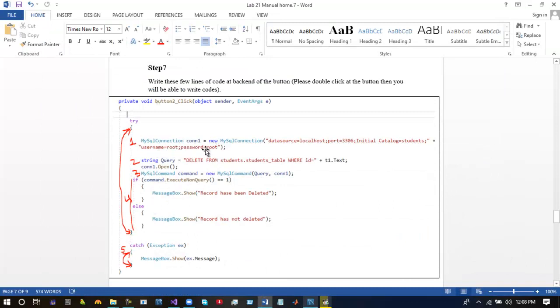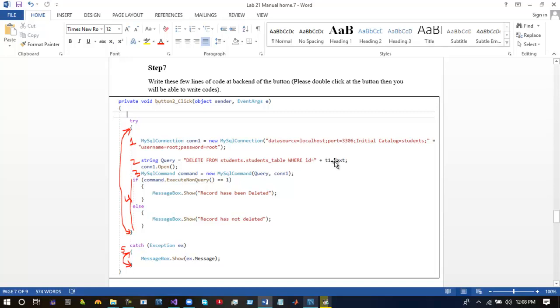The username is root and the password is also root. For the string query, I want to create a variable. Delete from the students database name dot student_table, your table name, where student ID equals the value I'm getting from text box 1.